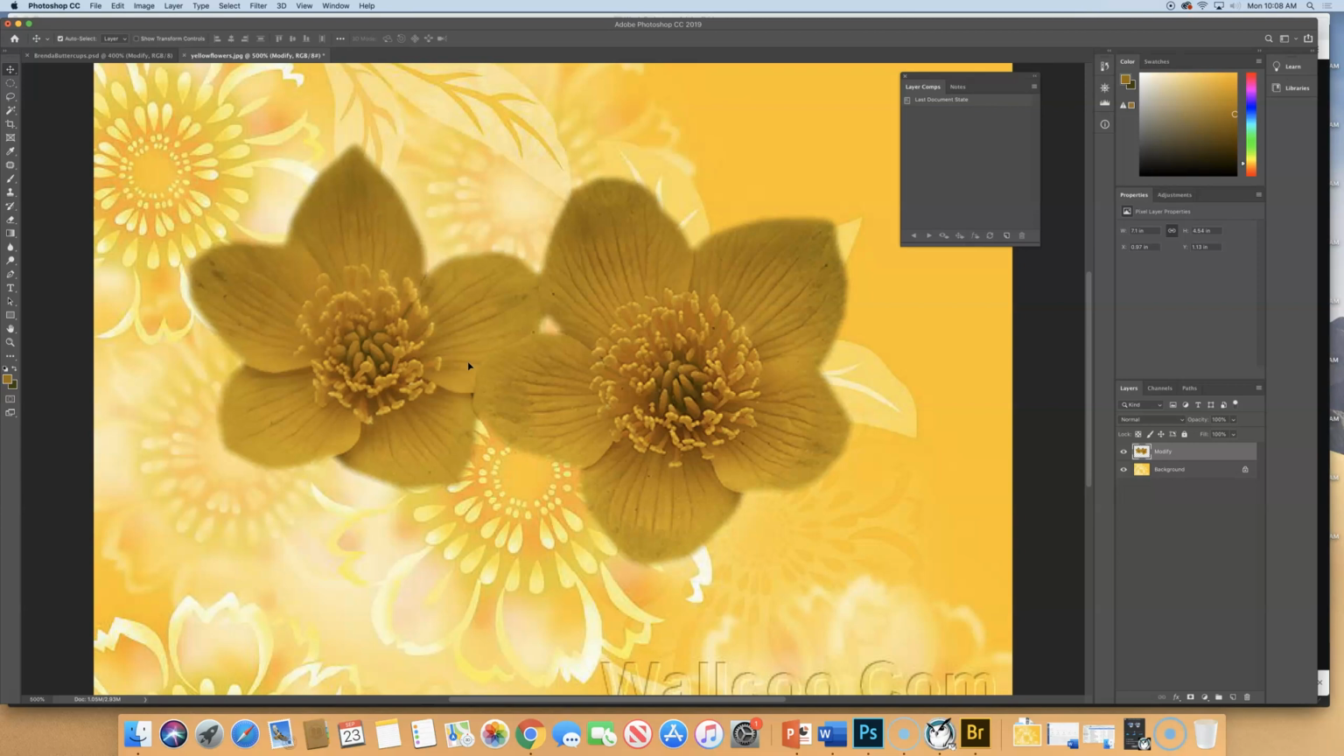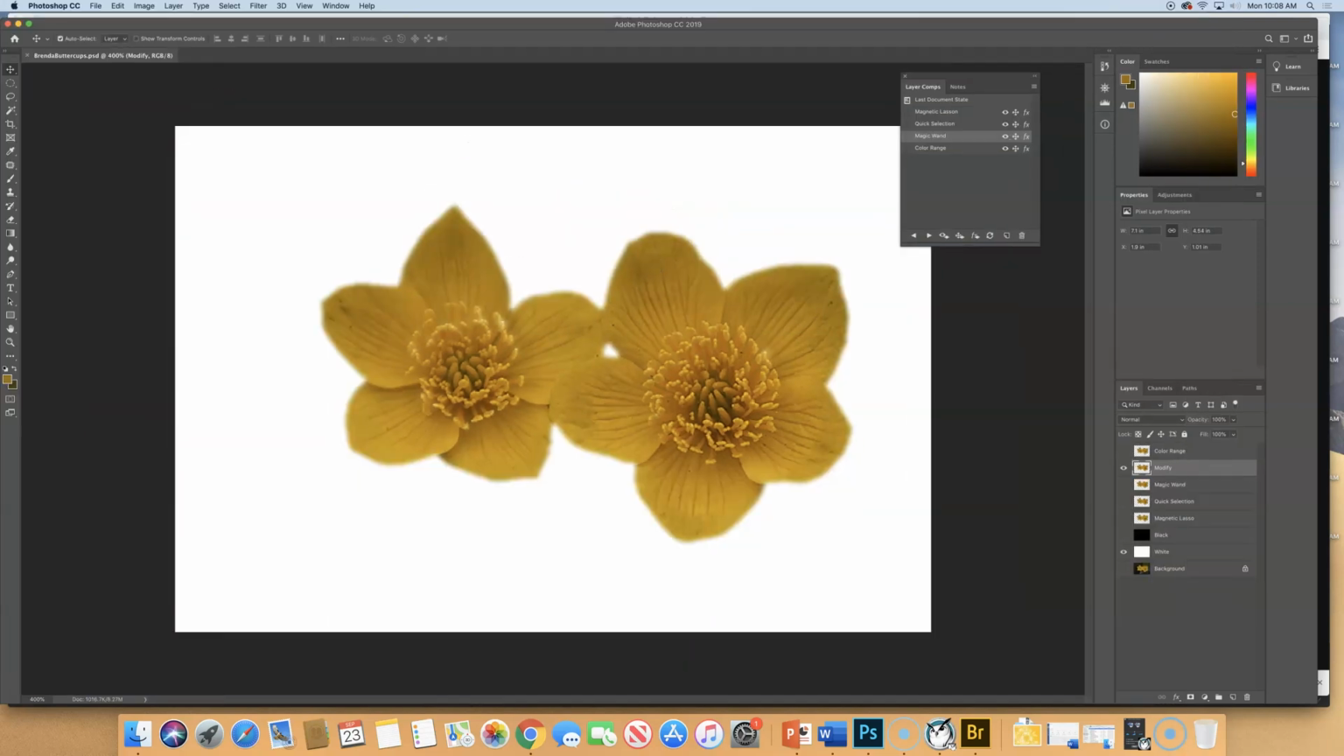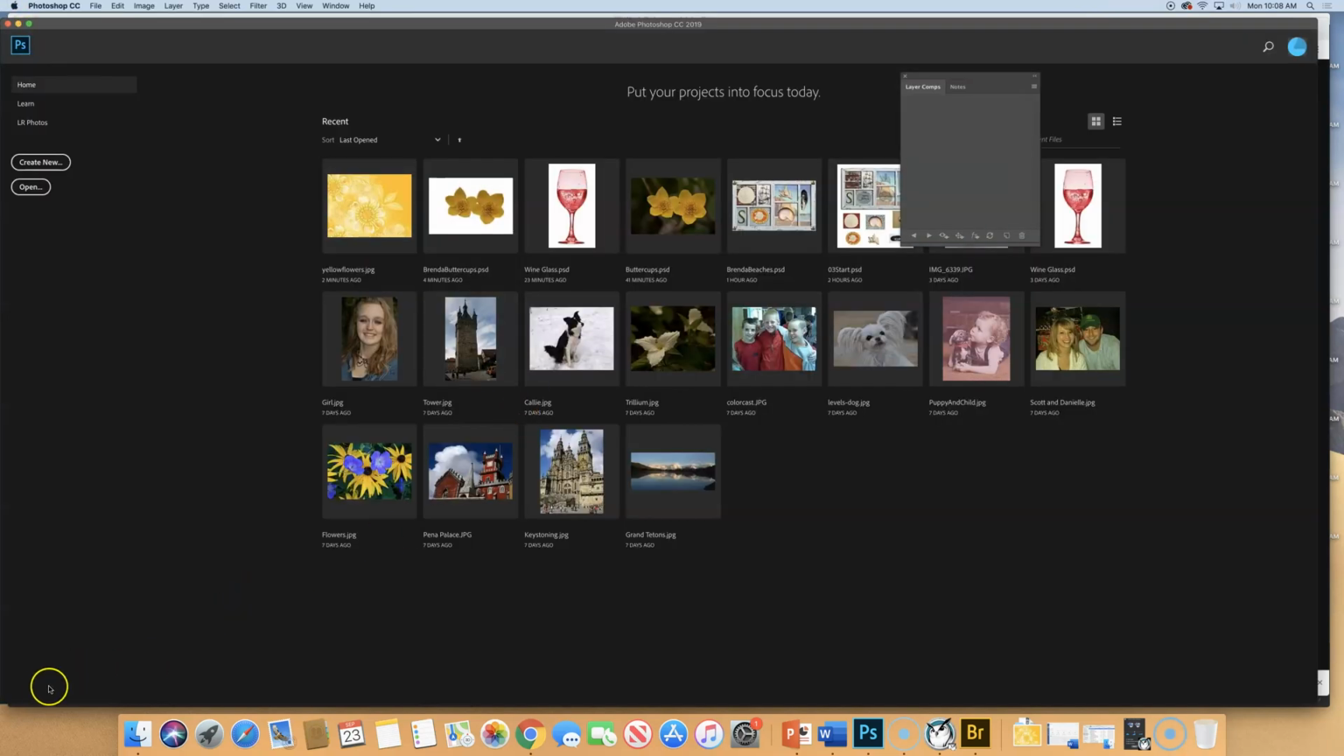So let's stop here. You can close these files. These are just for practice to learn a little bit better about what tool to use and when. So you can close these out, and